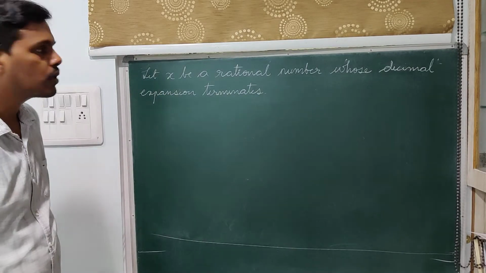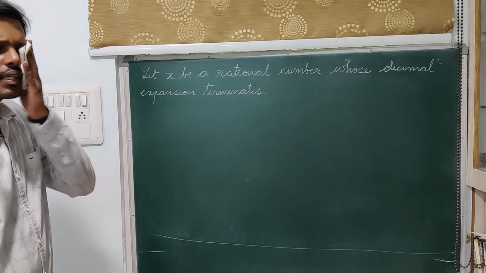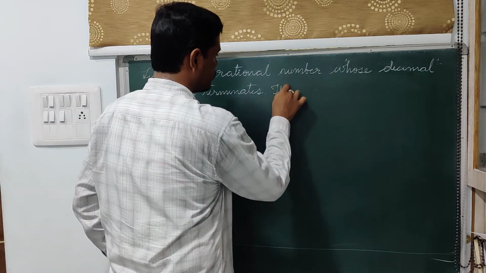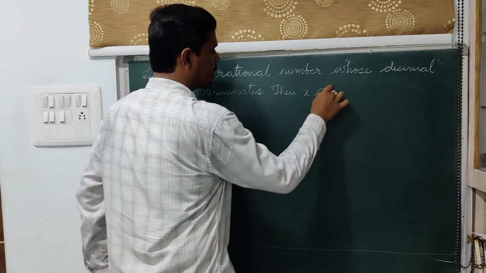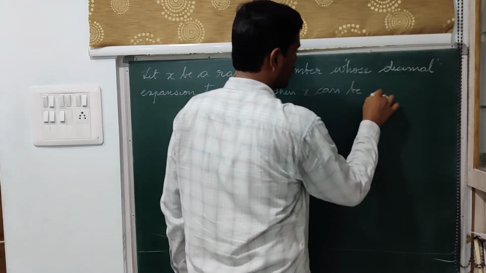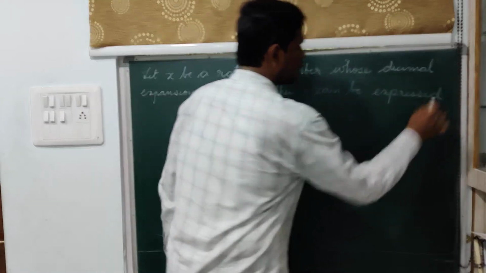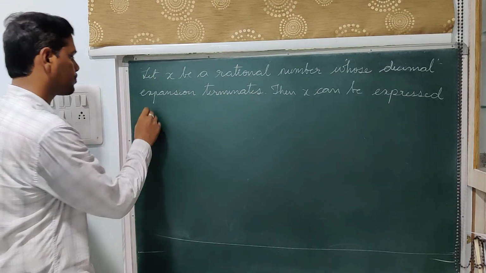So given a rational number whose decimal expansion terminates, we can convert that into p by q form. Then x can be expressed